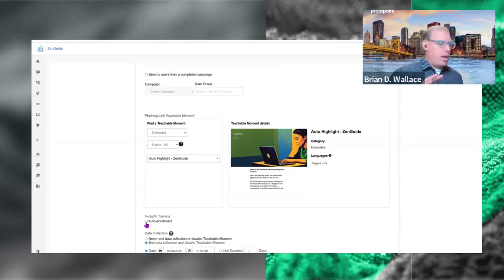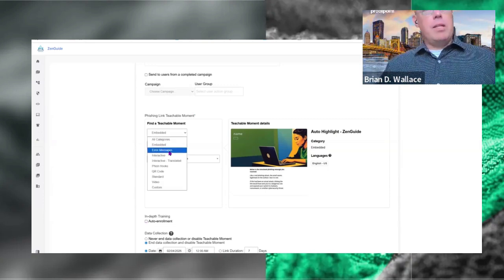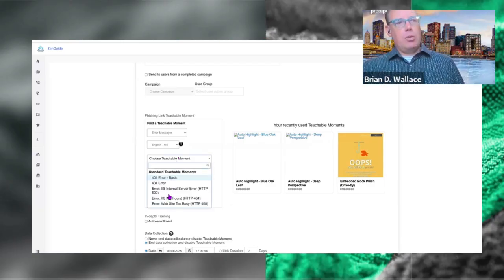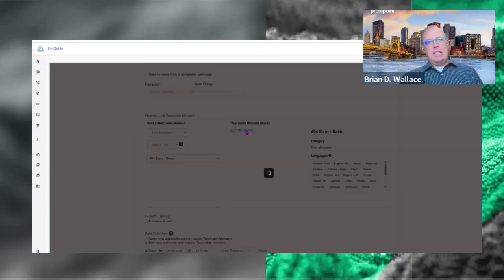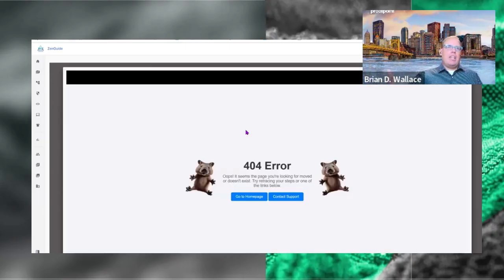Now, previously, I mentioned that there were going to be two types of phishing simulations that we talked about. One is the embedded one. The other one is going to be our error messages. And this is something that you may still want to consider using as well. Because basically what this does is it gives you a landing page that shouldn't cause concern from the end user. We would use this for what we call a blind phish. This is something that we would recommend doing once a year, maybe every 6 months, to get a sense of what your organization's actual average failure rate is.